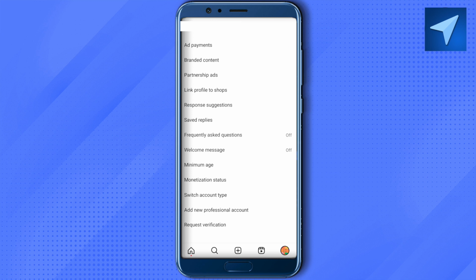but make sure that you convert your personal account to business account or creator account, and also connect your Facebook page with Instagram, otherwise you won't be able to find the shop option. And since I have not connected my Facebook page to Instagram,